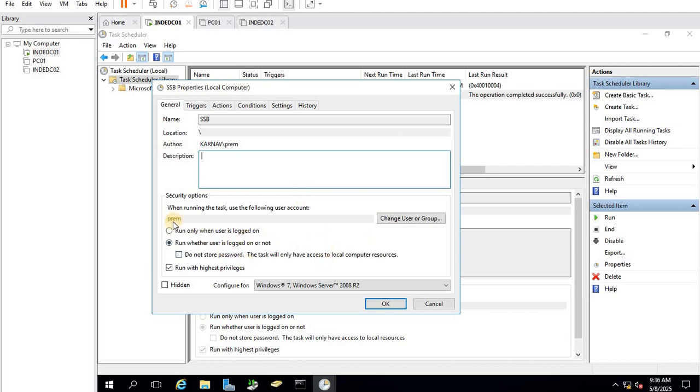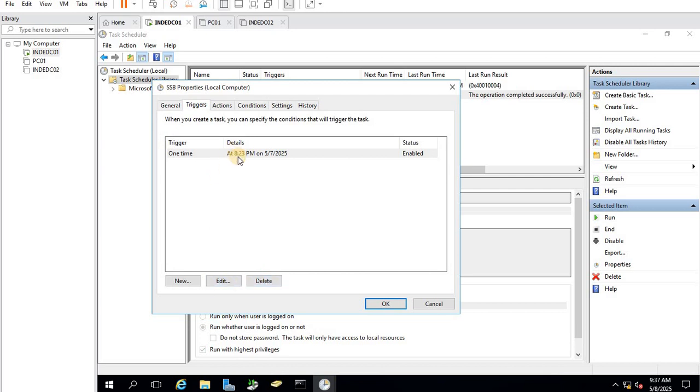So what I configured, I chose this user because it has admin access on this computer. I selected run whether user is logged on or not, run with the highest privilege, and I selected Windows 7 and Windows Server 2008 R2.